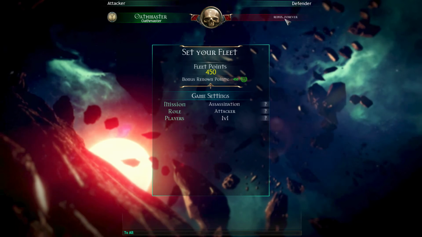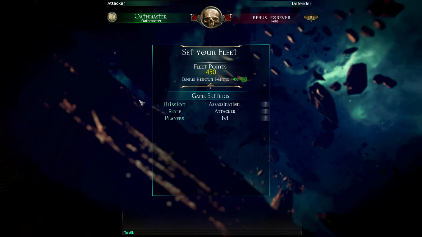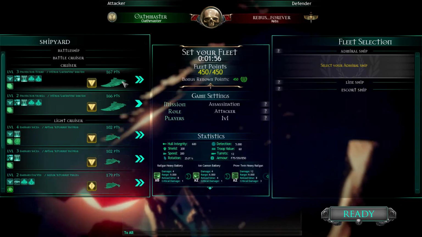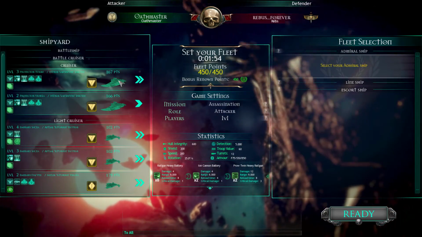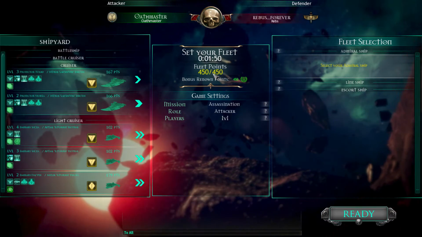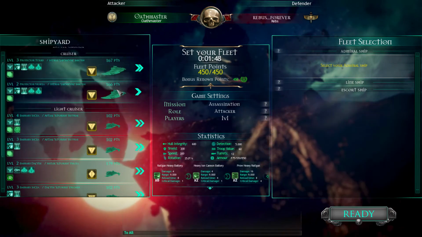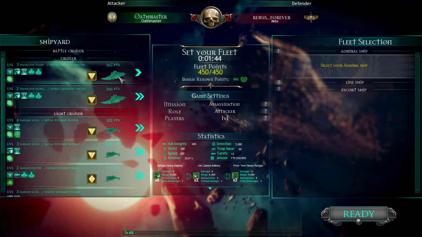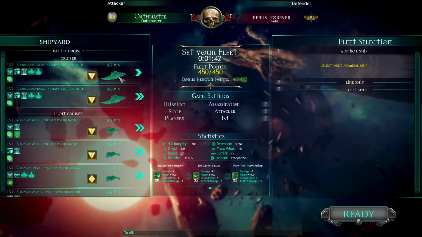Although I wonder how Eldar are doing at this point. Seriously wonder. Rubus forever. This is assassination, so this is going to be different. In theory, this should work well for me. I just lack the range to constantly lay down fire on them. It's 450. This looks like I'm not getting boosted points, I want to assume. So I should expect the same kind of fleet that he has, so...